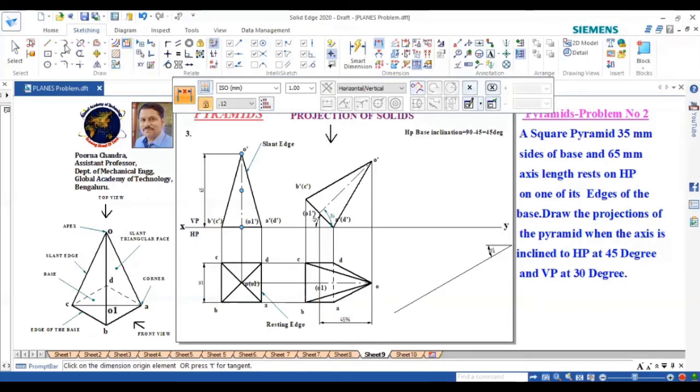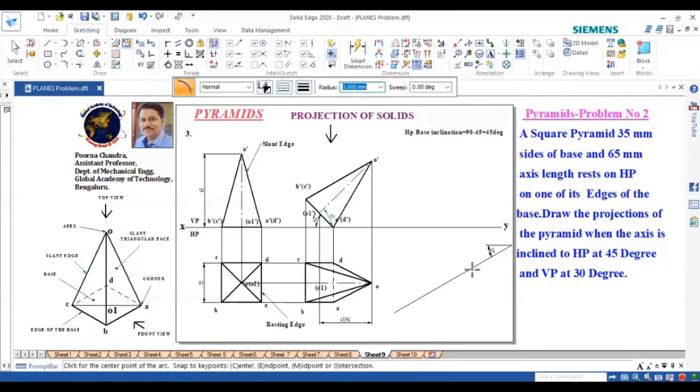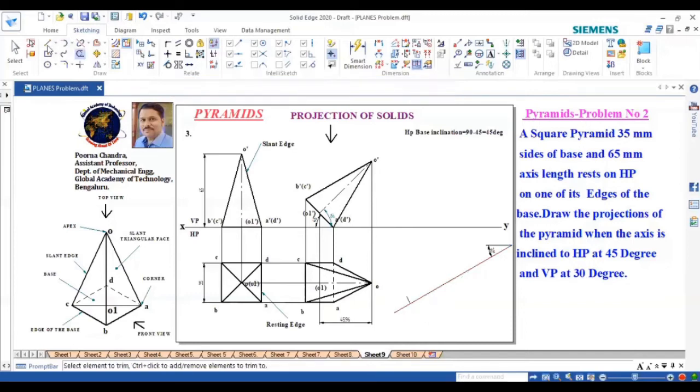Okay. So select arc by center point method. So O point I'm fixing somewhere here. O. Now the arc length is 65 mm. Enter. I need to draw arc here. Yes. So I will trim one end. Okay.